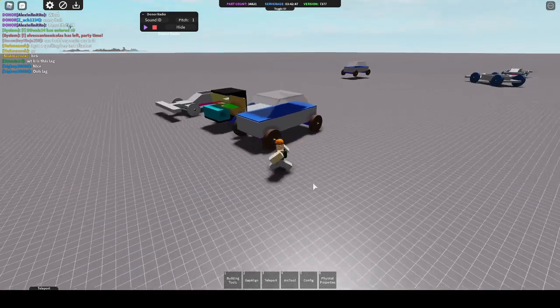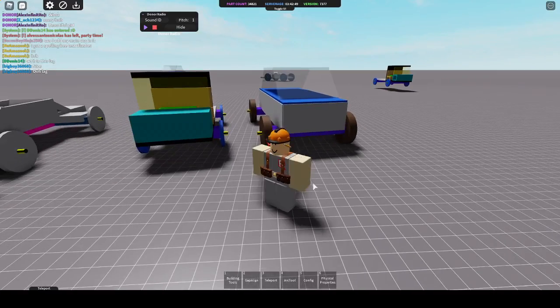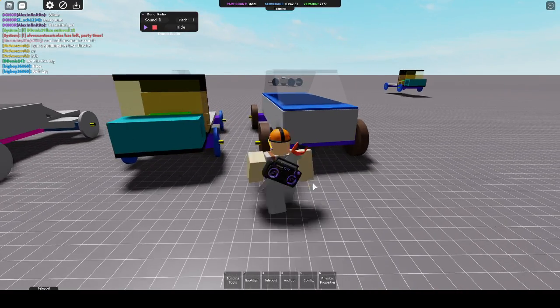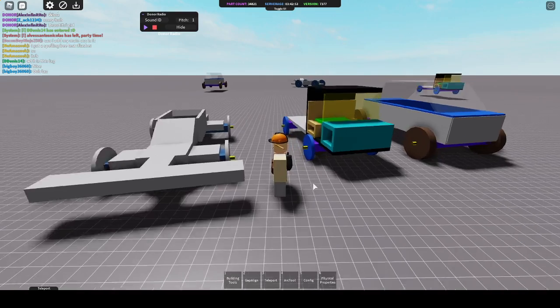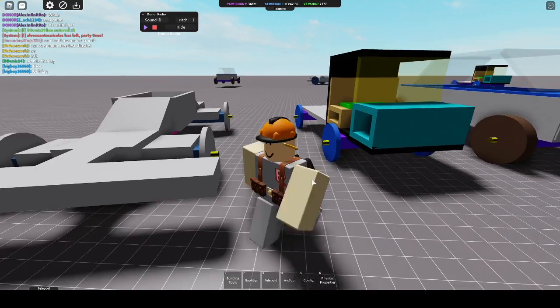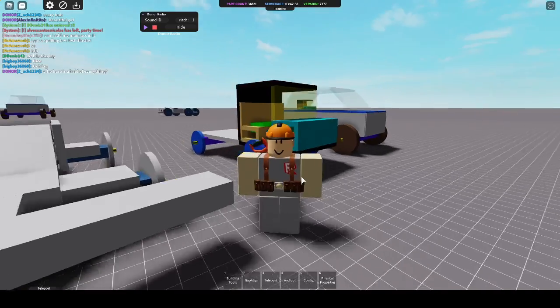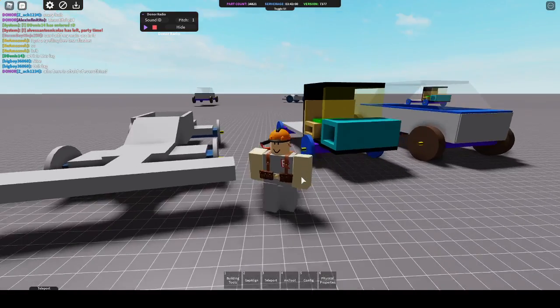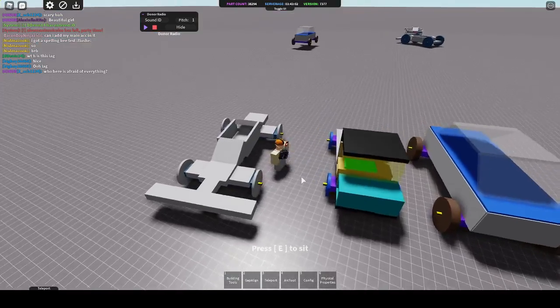Okay, so these are the vehicles we've made so far. We have our civilian car, our truck, and the race car that I'm still working on. I'm trying to make it look nicer so you guys can have a really cool race car you can build and race with your friends. So right now we really just have